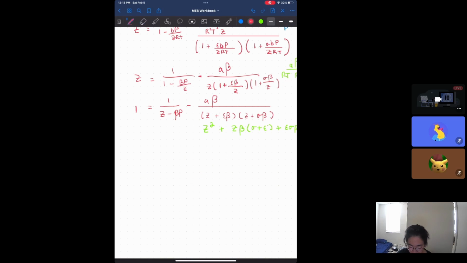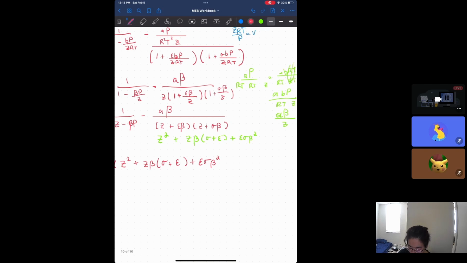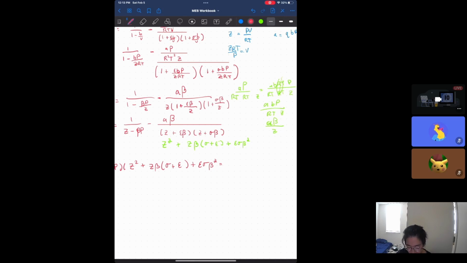So, we can say that the left-hand side of the equation is z minus beta p times z squared plus z beta times the quantity sigma plus epsilon plus epsilon sigma beta squared is equal to, well, this expression times